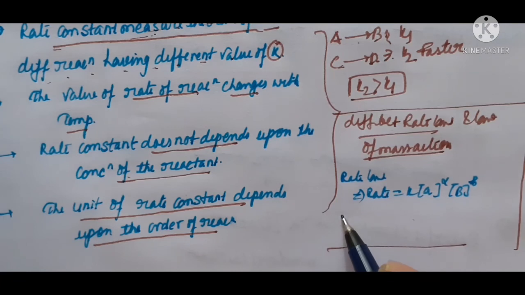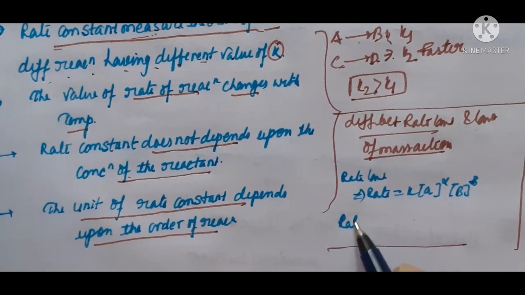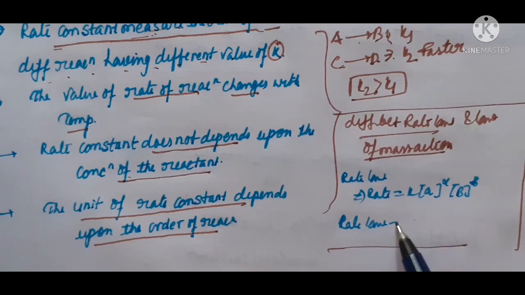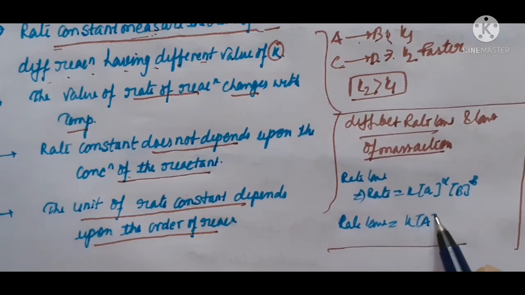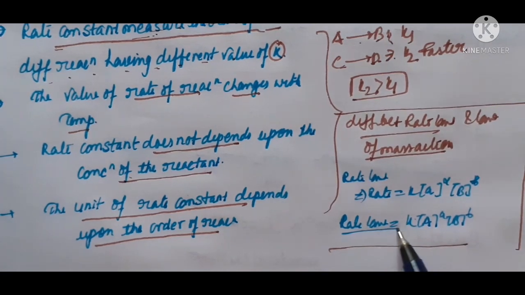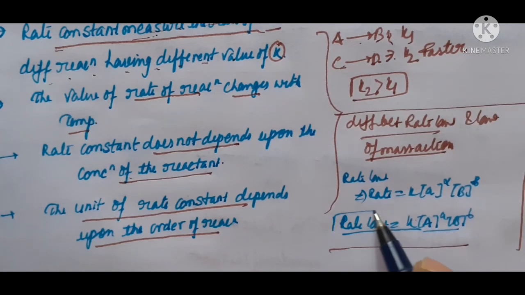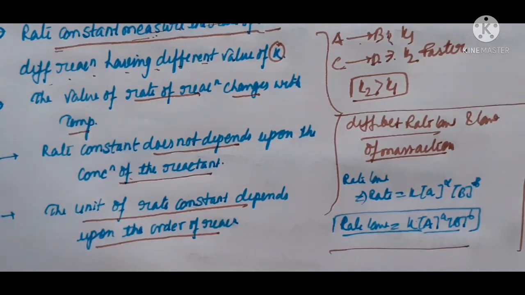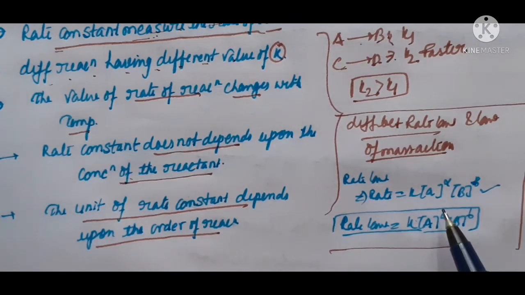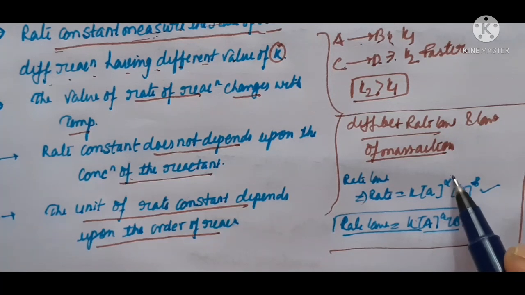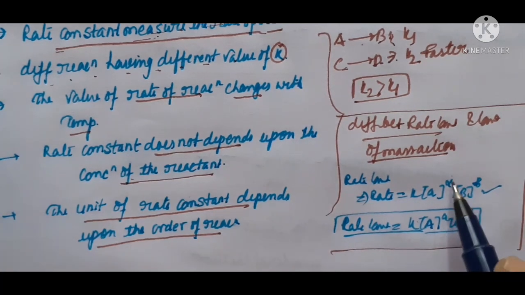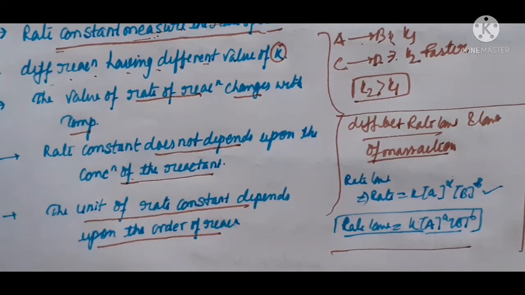But in terms of law of mass action, the rate law will be K [A] to the power a and [B] to the power b. So it is a hypothetical condition. It is not always true. But if you want to find out the order of reaction, you can easily find it by using the rate law. The data will be given for different reactants and molecules, and on solving those data we can find out alpha and beta, and by combining these two we can measure the order of reaction.